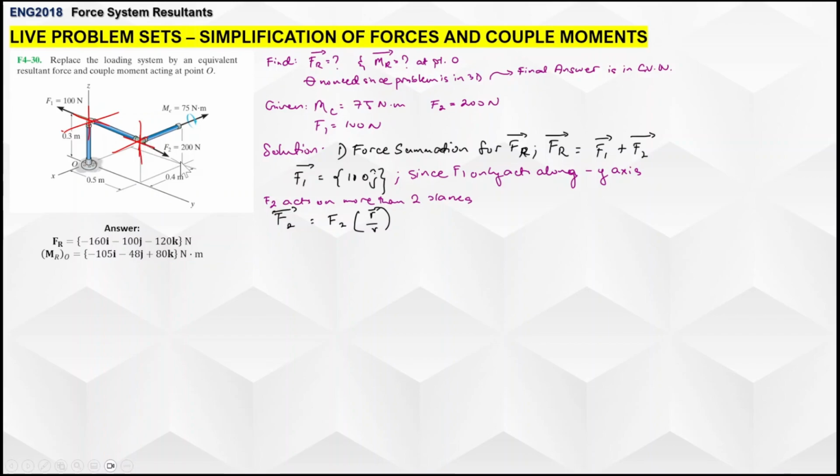Acting on x, it's acting on negative x and acting on negative z. Hence, your position vector here would be negative 0.4 i hat minus 0.3 k hat. Just like so. And your F2 would be,